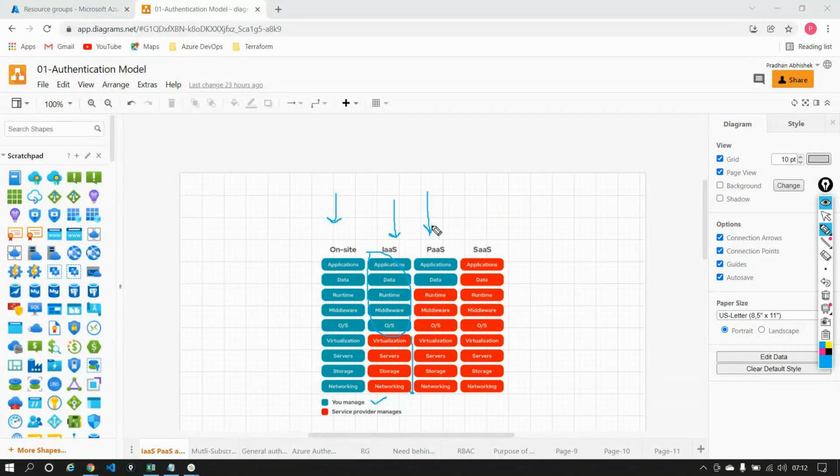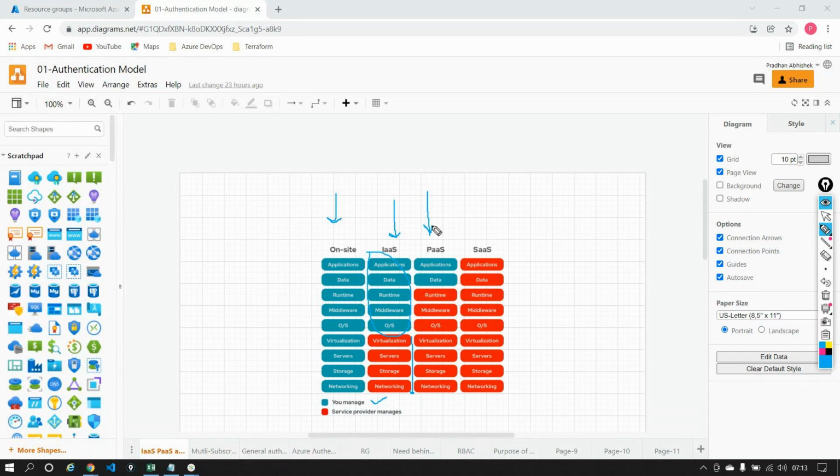But on top of the server, let's say you want something like a Windows operating system. Who is going to install it? Now it's the cloud provider in this model who's going to install the operating system and give it to you, and he's going to maintain all the backend infrastructure. Not only the server, even the operating system and all the software installed on your server, the maintenance of that is the responsibility of the cloud provider. This is known as a platform as a service model.